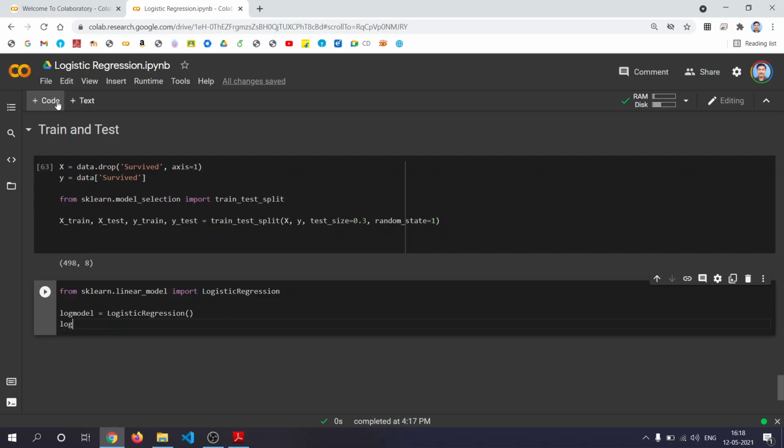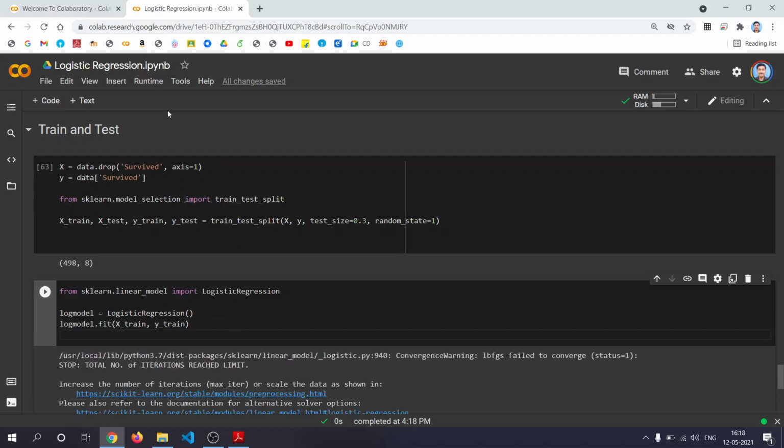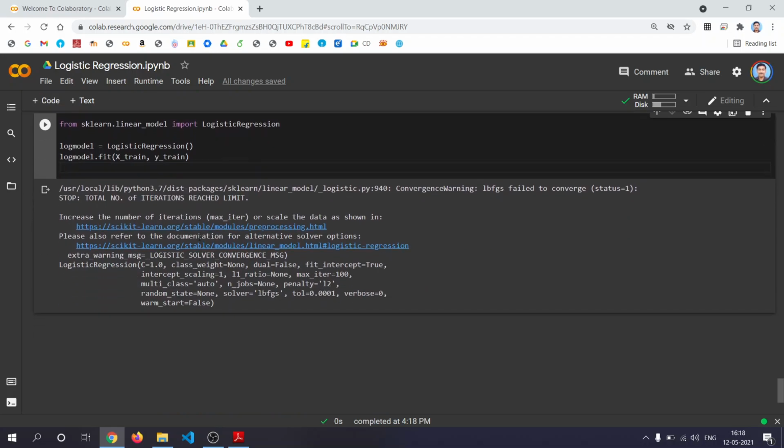Log model.fit X_train, with which value you have to train, X_train and y_train, right? So with this you have constructed your model.